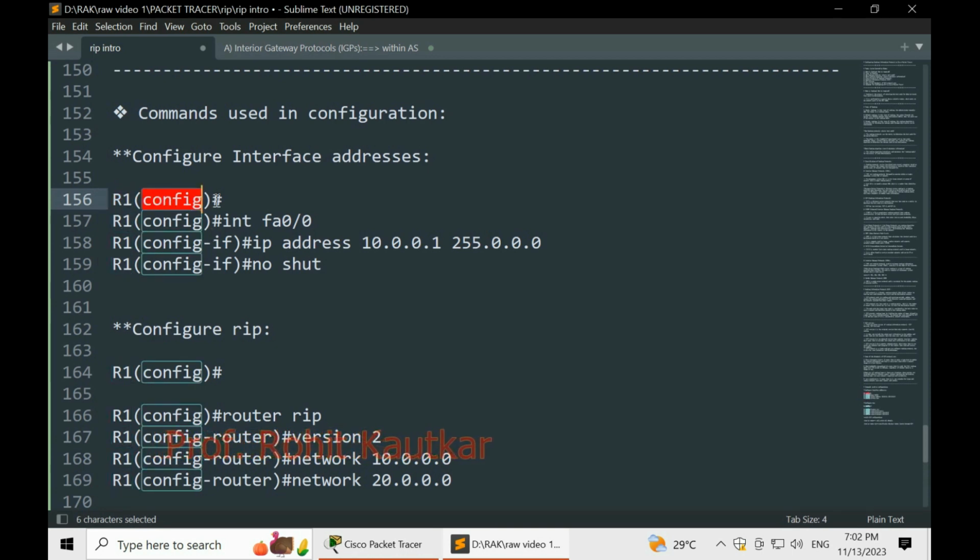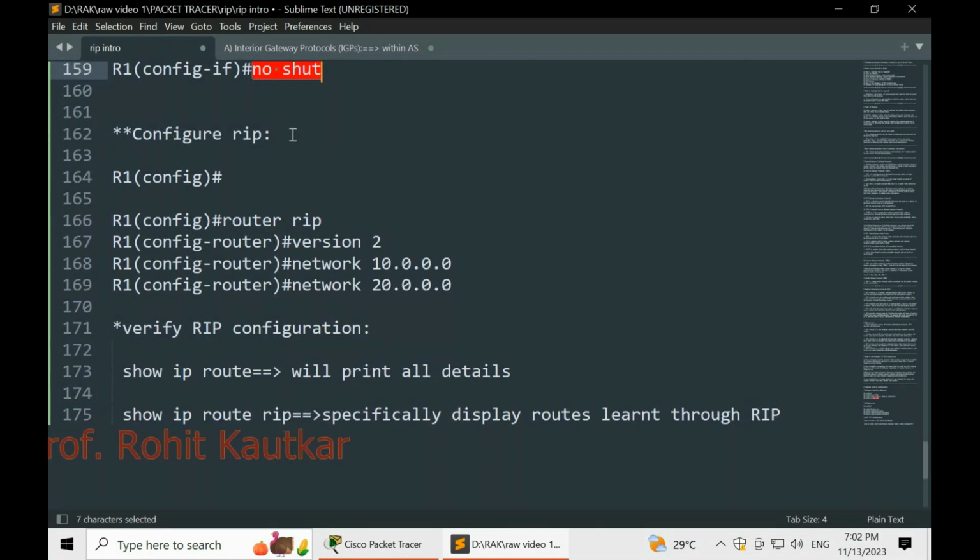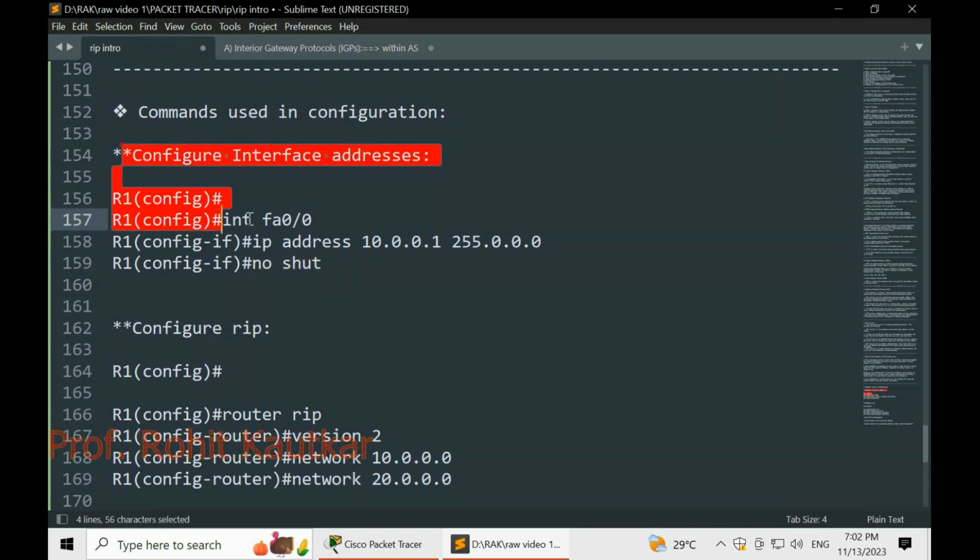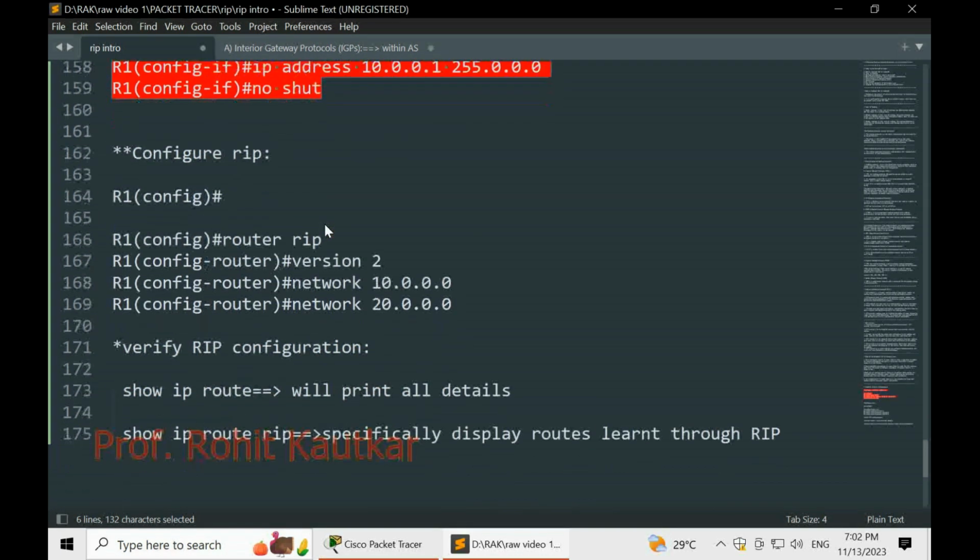First of all we access the interface FastEthernet 0/0, and assign an IP address to it using the ip address command. This is the IP address for this interface, and this is the subnet mask. The no shutdown command ensures that the link is up and running. Whatever interfaces you have in your network, for all interfaces you will follow the same procedure.